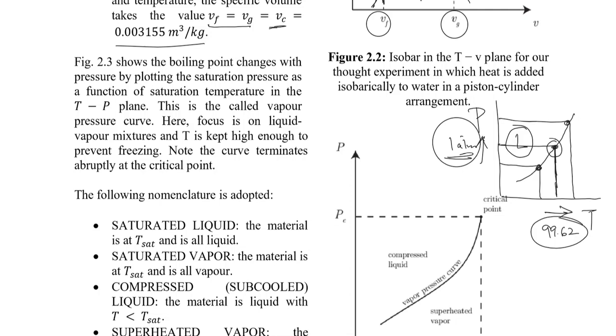Once I reach 1 atm and 99.62, I have reached the saturation point. Now if the same pressure continues at 1 atm and I increase the temperature, let me say to 102 degrees centigrade, that means I would be in a gaseous phase. So this PT diagram is telling you the distinction between the liquid